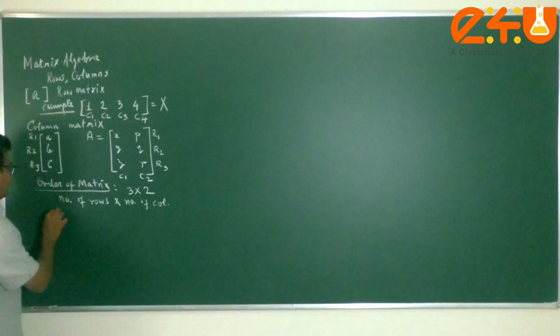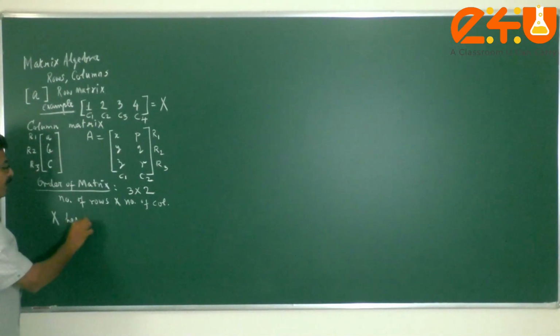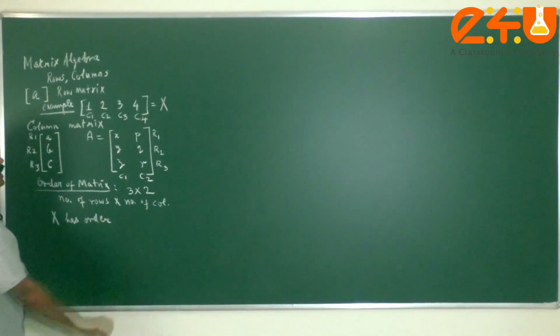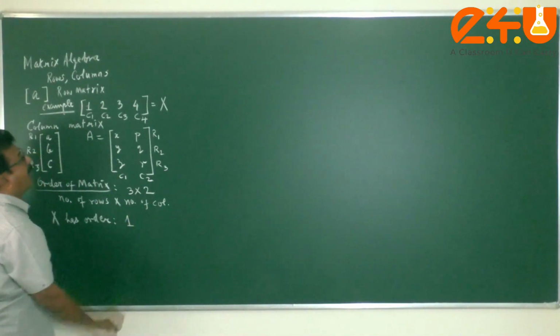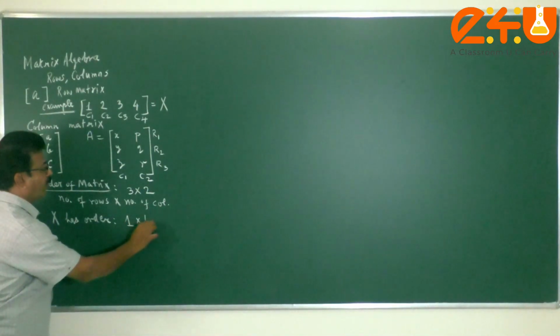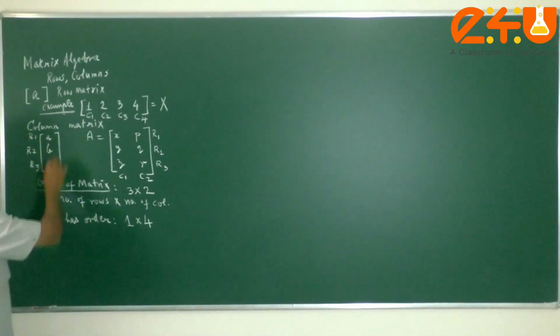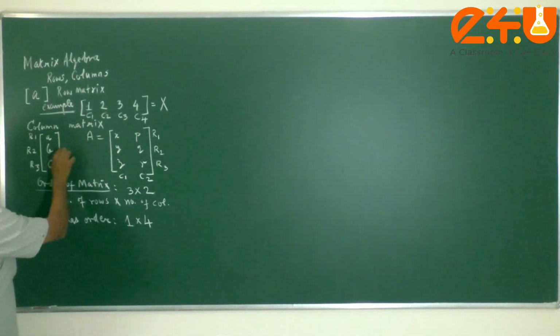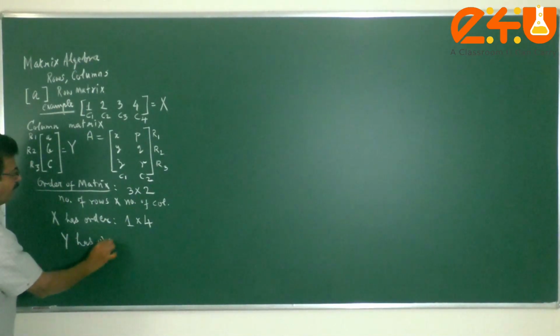So the row matrix X, which I wrote at first, has, yes, you can see the order: there is 1 row only and 4 columns. So it is a 1 by 4 matrix. And the column matrix which I wrote, let me name it. So the Y matrix has order